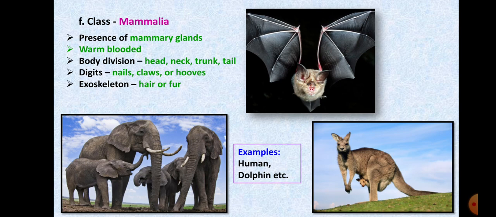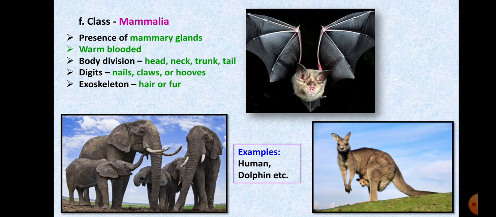Digits, that is your fingers, either they have nails or claws if it's a bat, if it's kangaroo, or hooves. Okay, this you will be able to find in the horses. Exoskeleton, the skin is covered by hair like humans or fur. Examples: human, dolphin, whale, and many more such. Okay,